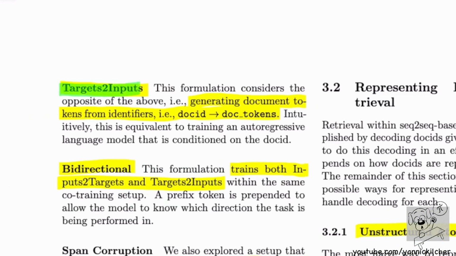They have this targets-to-inputs method, which they say we could also do: at training time, what they call indexing time, input a document ID and then have the model decode the tokens of the document. Now, this might seem a bit weird because it doesn't train the model to produce document IDs from tokens, but the idea is that you could then fine-tune on query-document ID pairs,